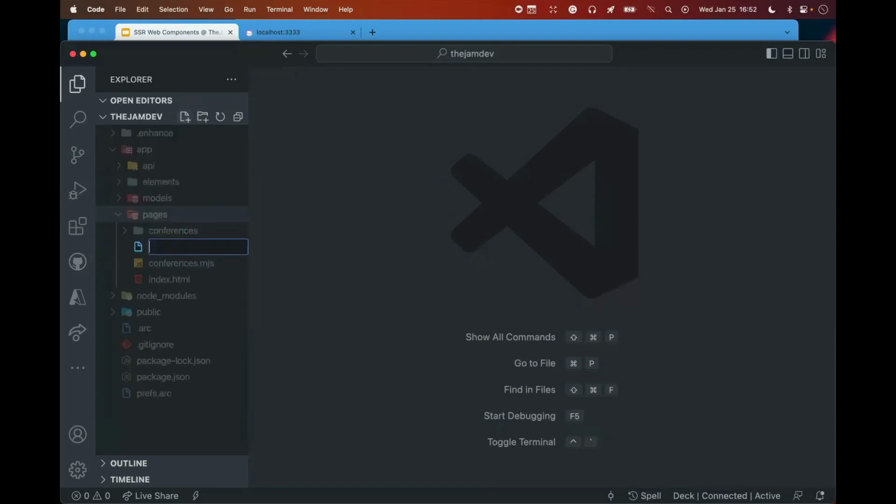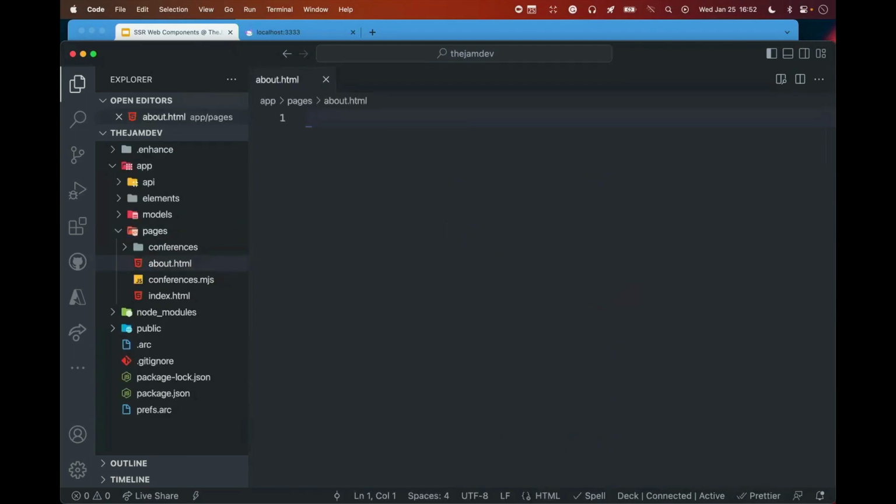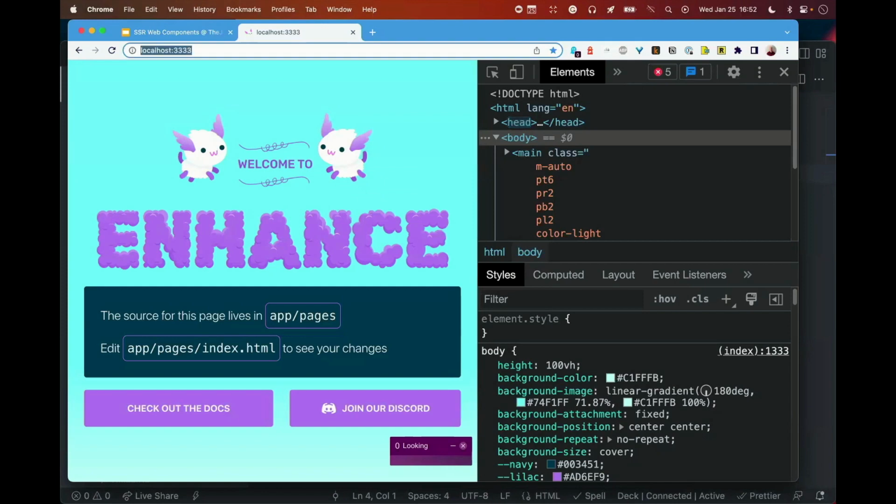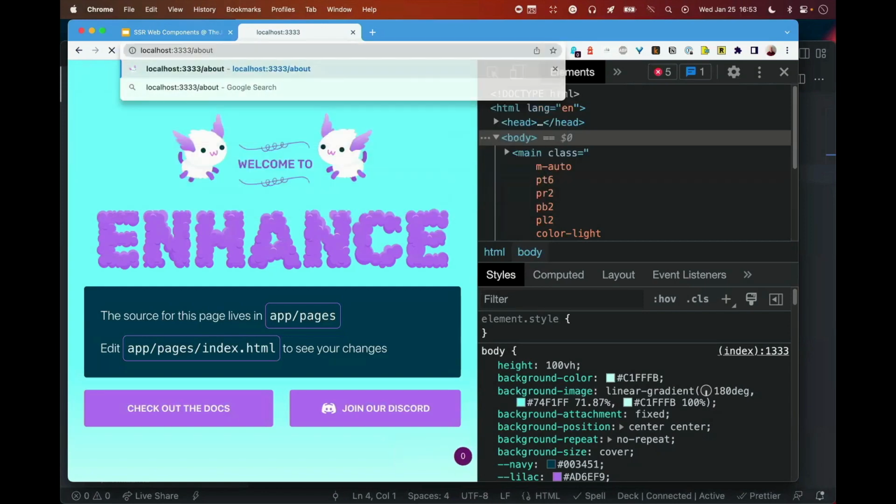All right, so let's just start with, let's call it about.html. And so we have our brand new page here. Now let me just grab some code from the other side of my screen because I am one of the world's worst typers. I will spend, I think, 33% of my time hitting the backspace key. So, all right, we're just going to have this HTML fragment. We have a section, we have a header one, we've got about me, and then we've got this custom element called social-link.